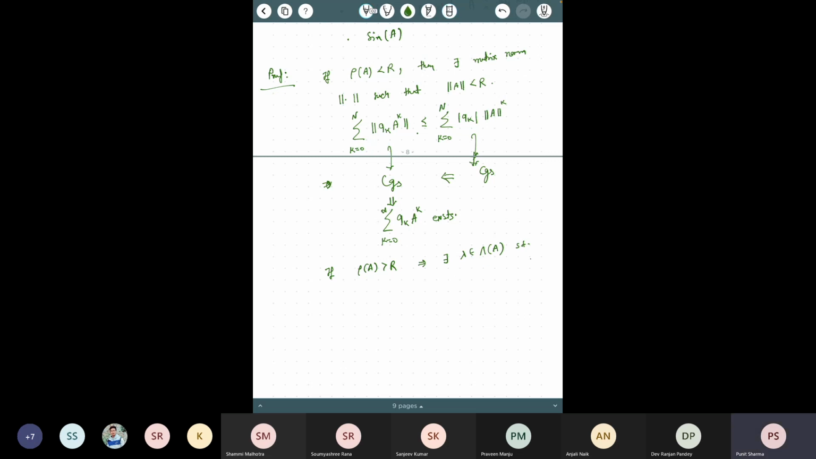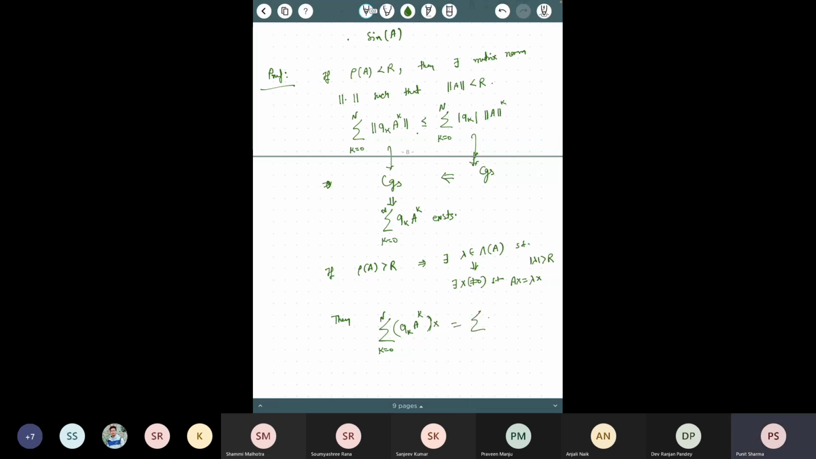Such that mod of lambda is greater than r, because the spectral radius is nothing but the largest eigenvalue in modulus. But if lambda is an eigenvalue, what does it mean? There exists a non-zero x such that Ax equals lambda x, right? So what we can say from here is that for any natural number n, the sum over k equal to 0 to n of a_k A to the power k applied to the same eigenvector x,